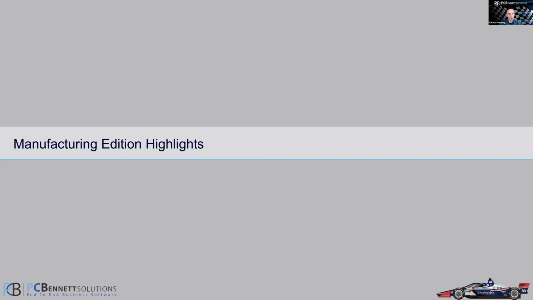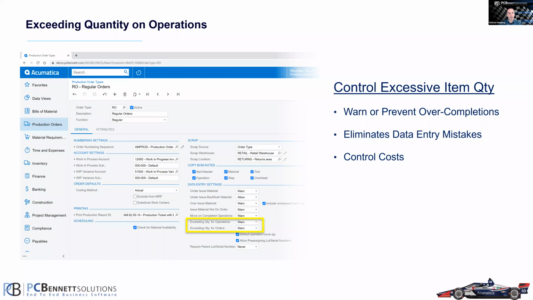So let's move into manufacturing. Some really awesome improvements here for functionality. Again, a lot of this is coming from you guys as users. The feedback that you give us in the community really helps to move the product forward in ways that are useful. We can now